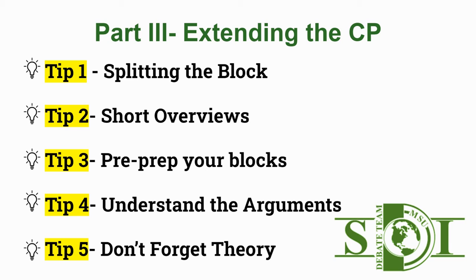To answer perm do both, you first want to make an argument that this permutation links to the disadvantage presented in the debate. Because counterplans typically are presented to solve the AFF without linking to the disadvantage, the permutation, which includes all of the AFF, would still link. Negative teams should also make arguments why this permutation would fail, because doing so would cause confusion or some other